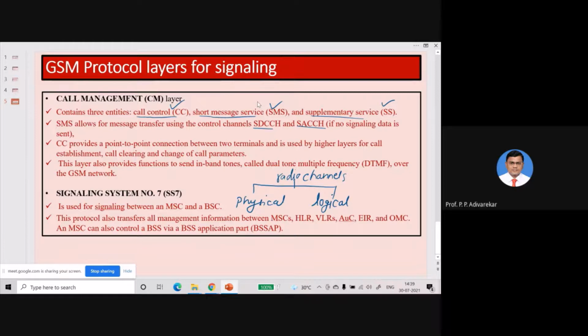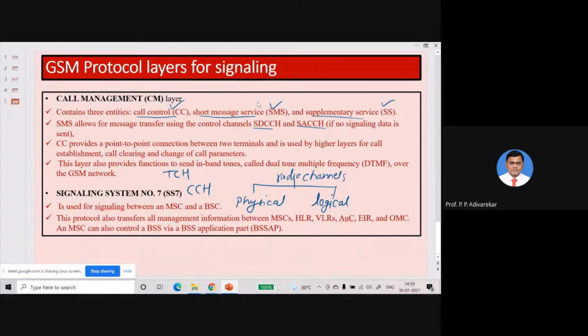Suppose, for example, user data or user traffic is transmitted on a physical channel, then such a channel will be called a traffic channel, that is TCH. So TCH is a logical channel, meaning a physical channel that is used for user traffic. If control information is transmitted on a particular channel, then the logical channel type is the control channel, that is CCH.